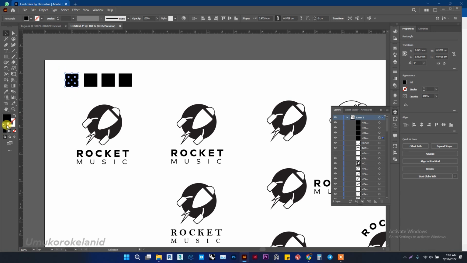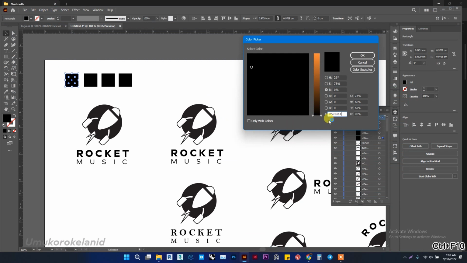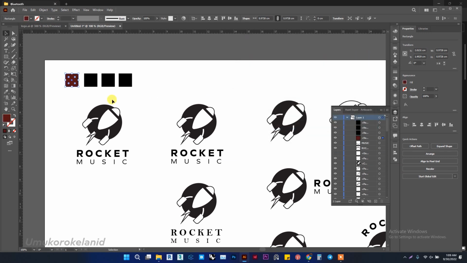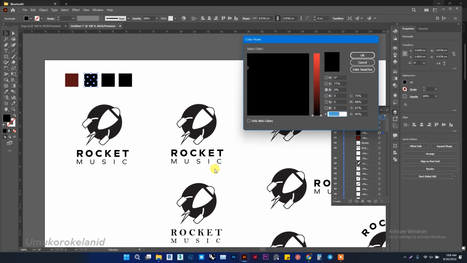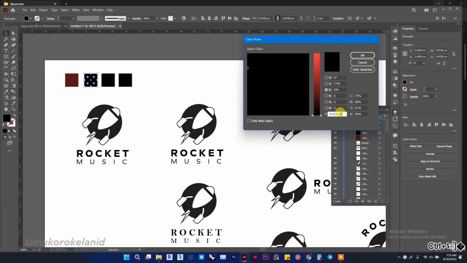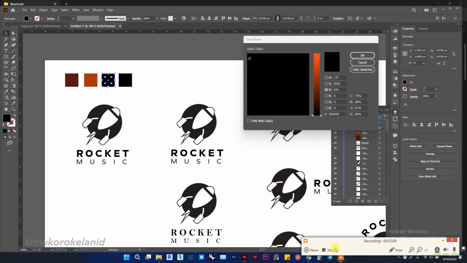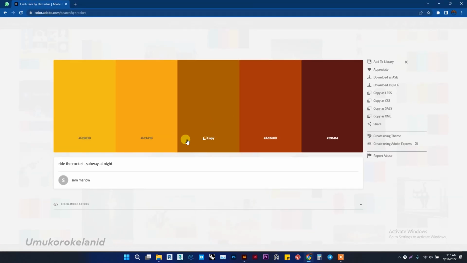1, 2, 3, 4. Then the first color to the top, then come back to this space, copy the first color, choosing 4, let's use the 5, then copy, then paste here, Ctrl V, paste here, remove the hash, then okay, 1, then next color, double tap, and we'll come here, copy, and Ctrl V, then remove the hash tag. Okay, and this color, and copy,